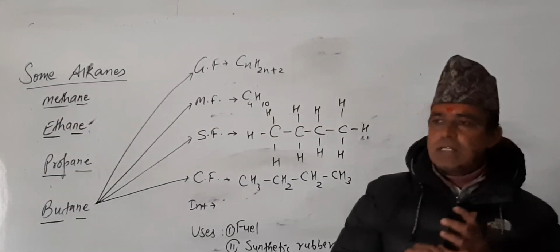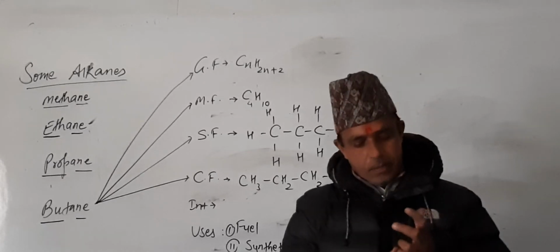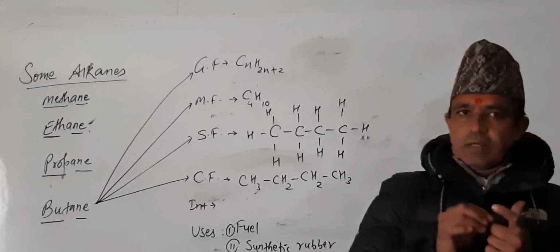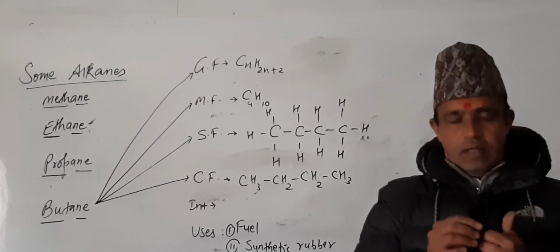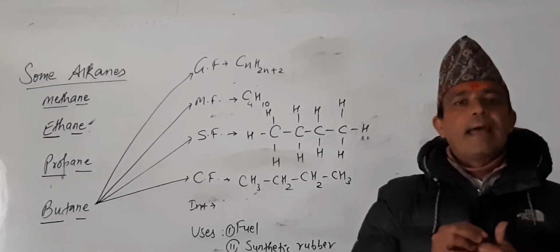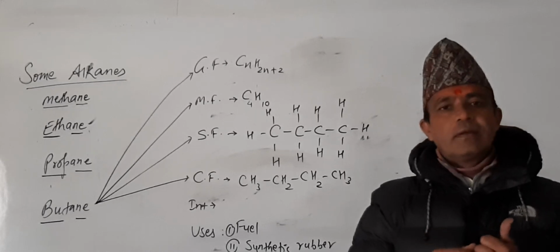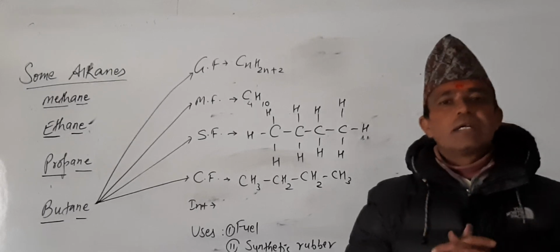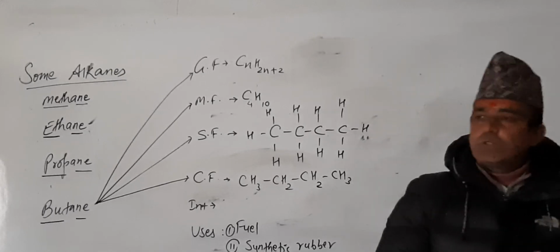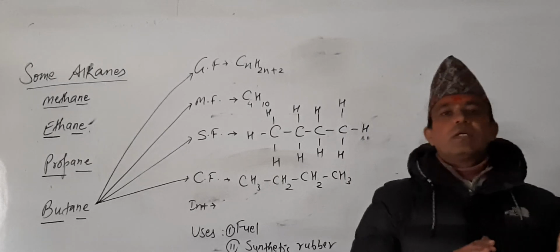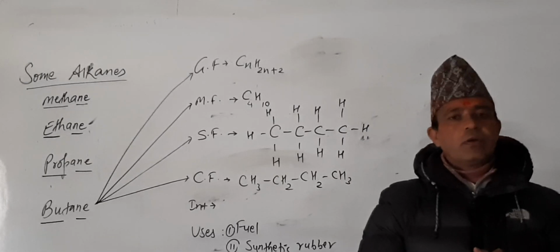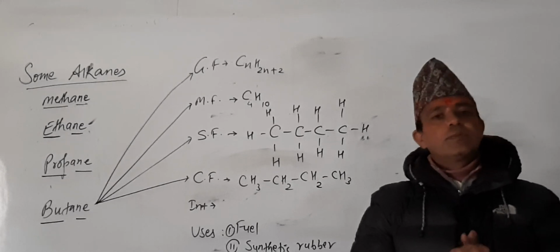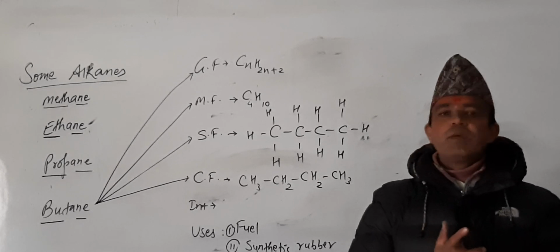Second, methane is used for manufacture of organic compounds like methyl chloride, methyl bromide, methyl alcohol. Ethane for ethyl alcohol. Propane is used as a cooling agent to keep substances cool for a long period of time. And butane to make synthetic rubber. And number one use is fuel. So today this much, students, and the remaining portion will be discussed